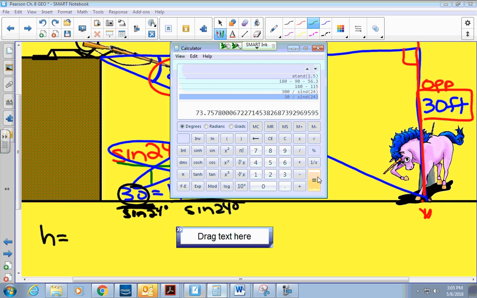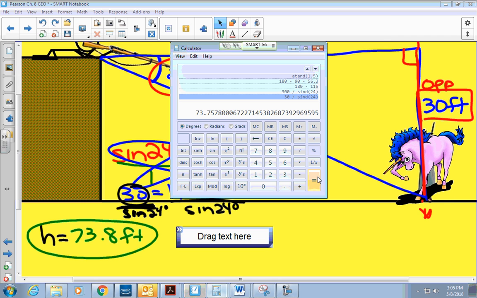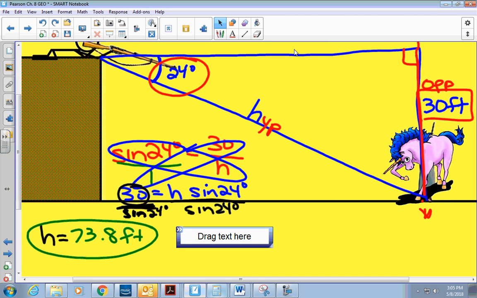So our little unicorn is safe because you have to be 70 feet or below to be seen. All right, so what I want you guys to do